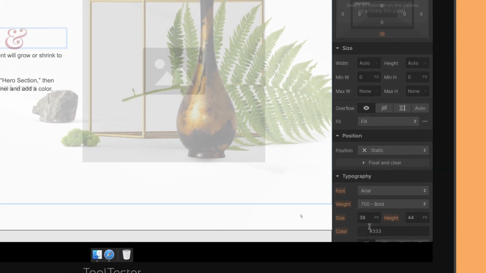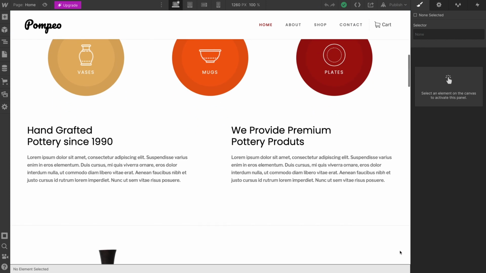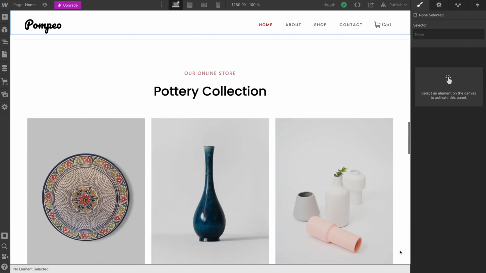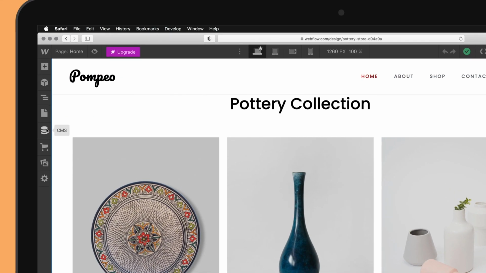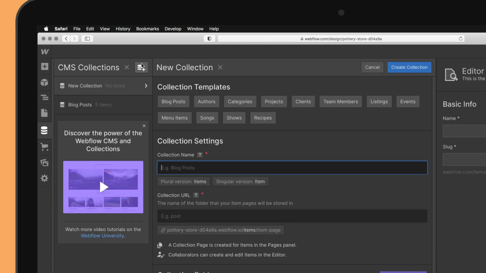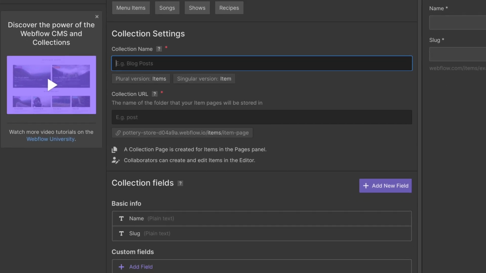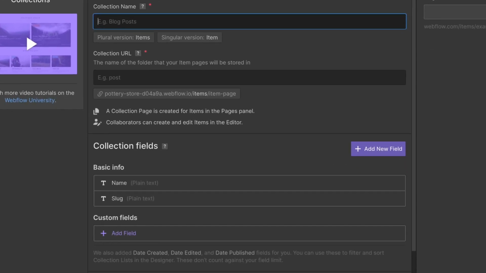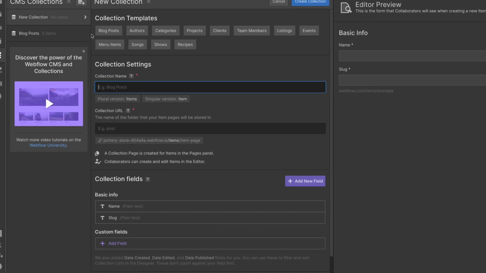Let's fast forward and see what the finished product might look like. Here, we have an online store, which is actually available as one of Webflow's free templates. What's really powerful about Webflow is that it allows you to build dynamic content. For example, if you were creating a blog, you wouldn't need to build out every blog post individually. You just need to design one blog page as a template, or collection, as Webflow calls it, and Webflow will pull in all the relevant data to create your blog posts for you.